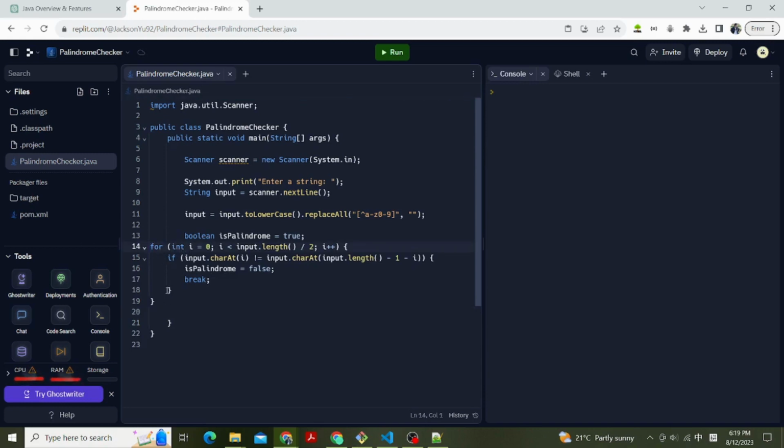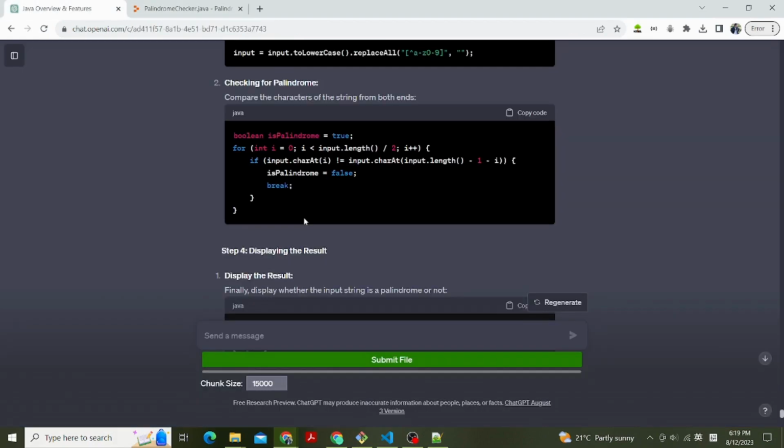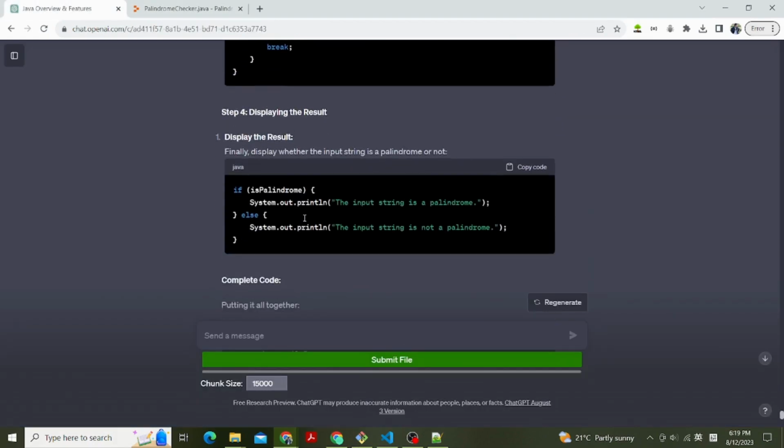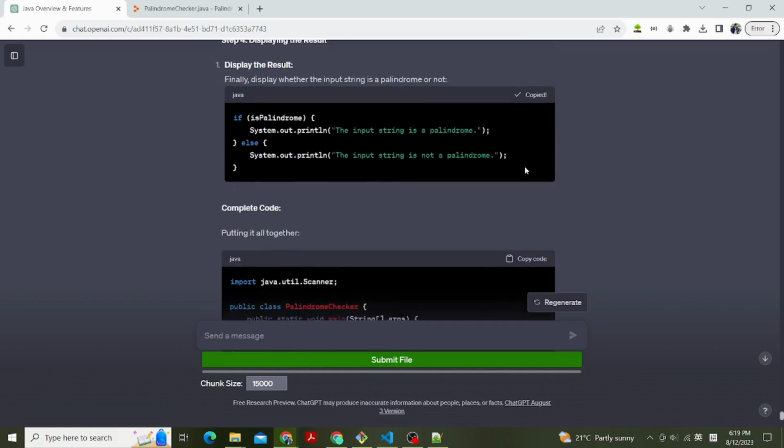Step 4, displaying the result. Display whether the input string is a palindrome or not. If isPalindrome, System.out.println("The input string is a palindrome"); else System.out.println("The input string is not a palindrome");